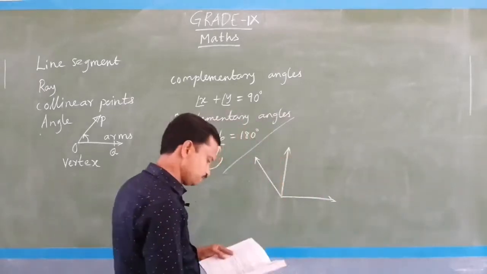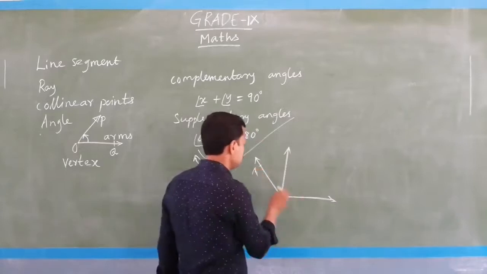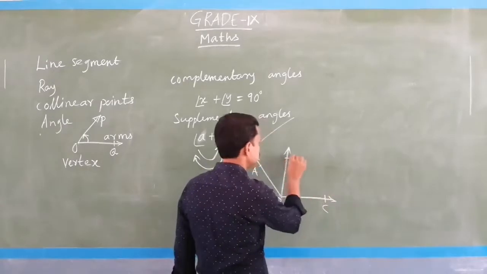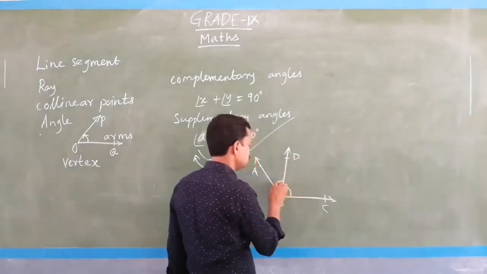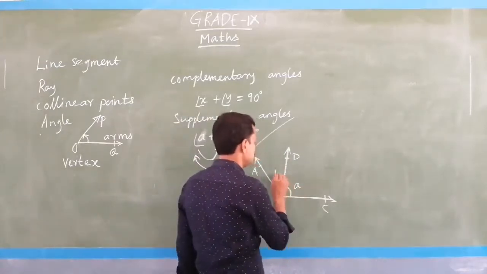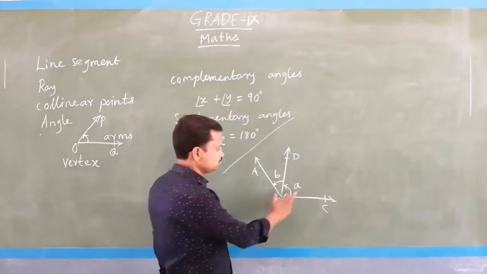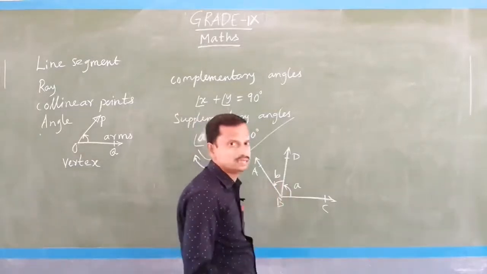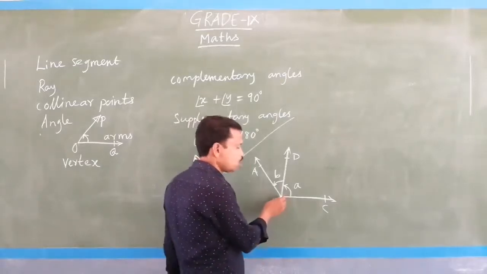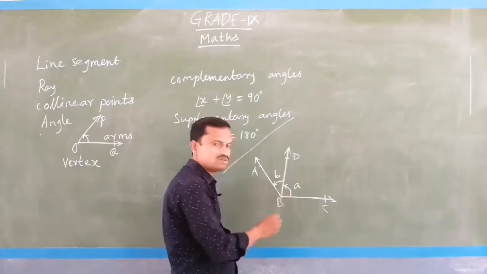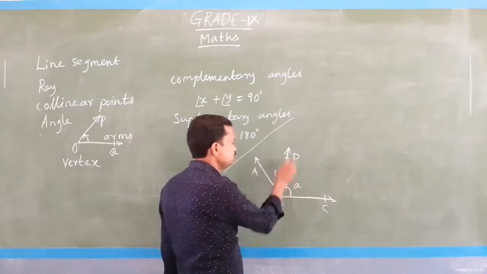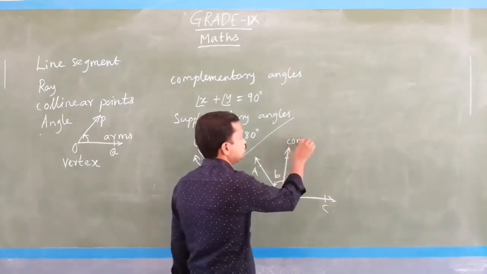You see, this is A and B, C and this is D. So, this is one angle and this is another angle. Yes or no? So, let them be angle small a and small b, and we can say these two angles are adjacent angles, because adjacent angles have a common vertex. Here B is the common vertex and this BD is the common arm,